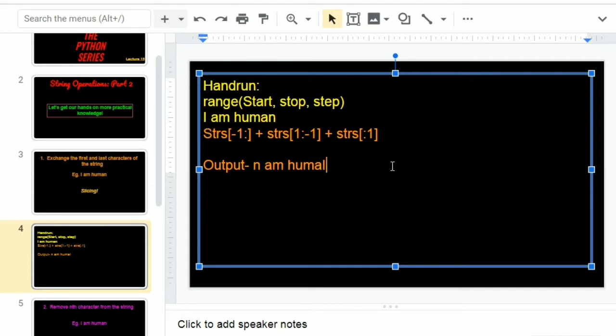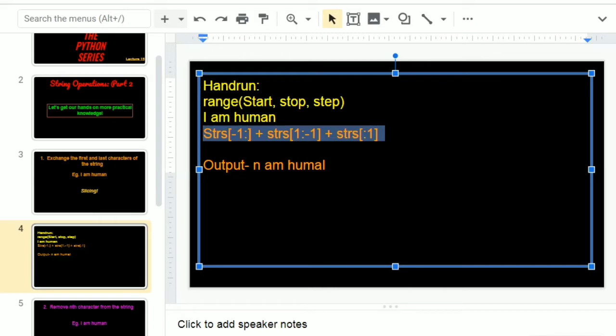If you are confused, if you are thinking that maybe God knows what she is talking about, please pause this video, try this out, hand run it, take a pen and paper, sit, spend all the time you want and try this out by yourself. I promise you, it is really easy. All you need to do is just practice. Slicing is quite a lot of fun. You can make quite weird and funny sentences out of a normal sentence, just the way we did here, though it makes no sense. So this is our slicing program.